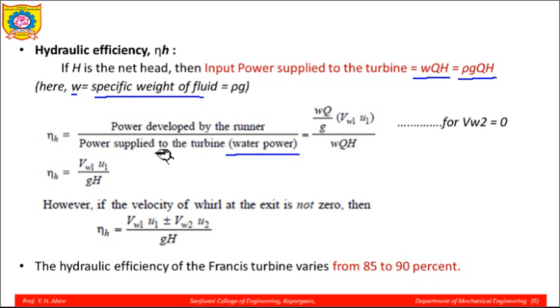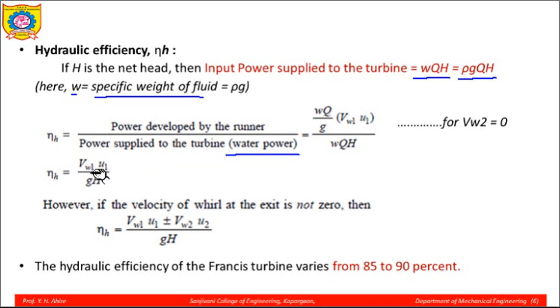In case of a Pelton turbine, this denominator is replaced by kinetic energy supplied by the water jet produced by the nozzle at the inlet of the turbine. Okay, in case of reaction turbines, there is no use of a nozzle. So that's why that kinetic energy term is replaced by the water power term, and the formula of water power is rho g QH. So this is the numerator, rate of work done on the runner per second, divided by power supplied at the inlet as water power.